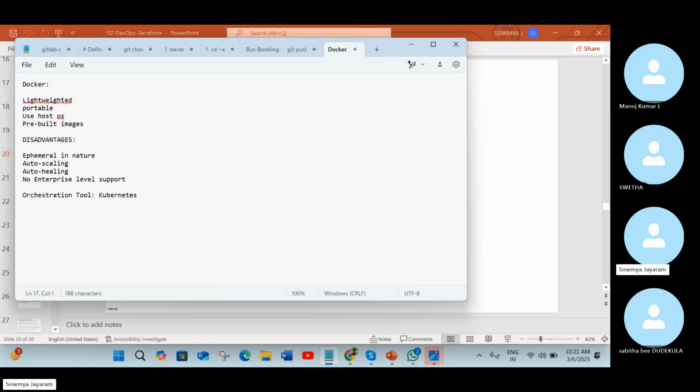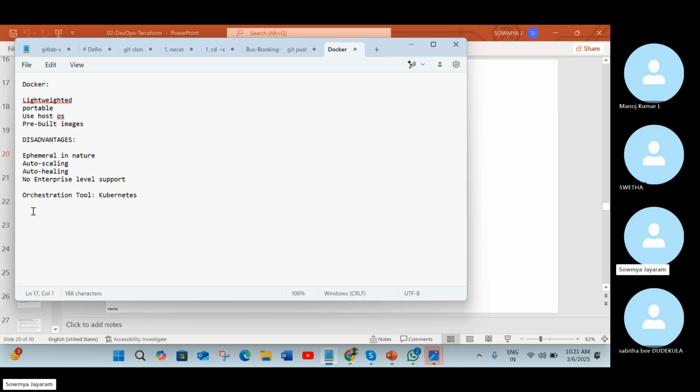Kubernetes will manage your containers and take care of them. Whatever four disadvantages we saw here, Kubernetes will solve all four. There are many more disadvantages, but these four are the most noticeable and important.